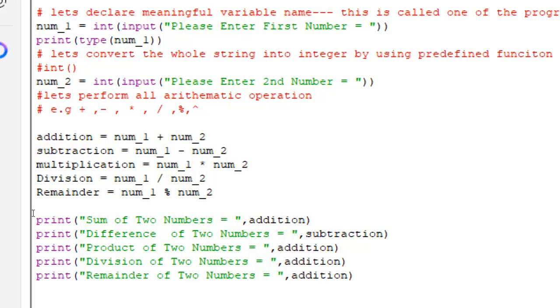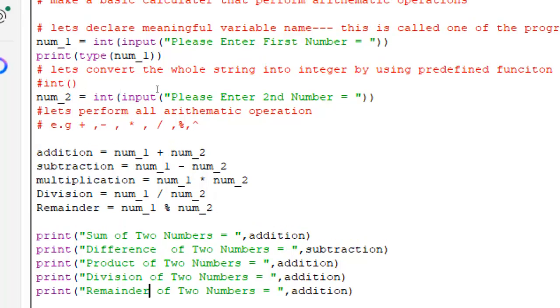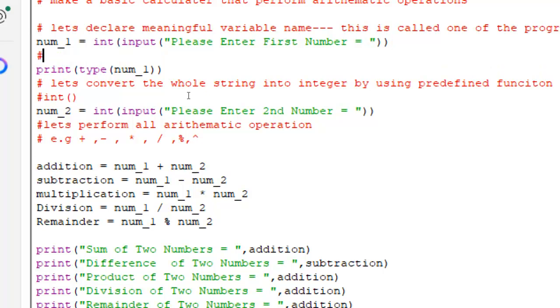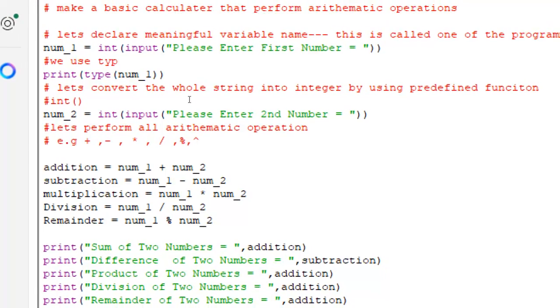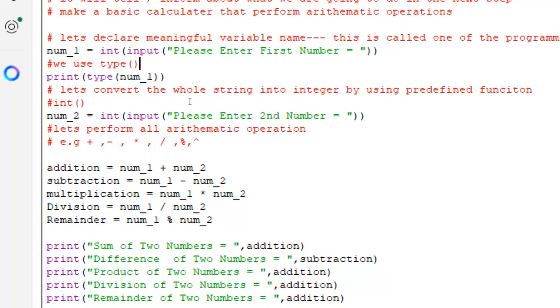बाकी मुझे सारा समझ आ गया, लेकिन वो जो आपने ऊपर इंटीजर और इनपुट वाला किया वो नहीं आ रहा। ये मैंने कॉपी इसलिए करके भेजा है ना, ये किस लिए है? हम इसकी डाटा टाइप को चेक करने के लिए, to check the data type of the variable। Look here, we use type function to check the data type of a variable. अब समझ आ गई? ठीक है।